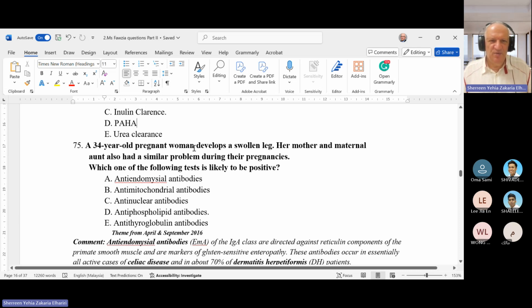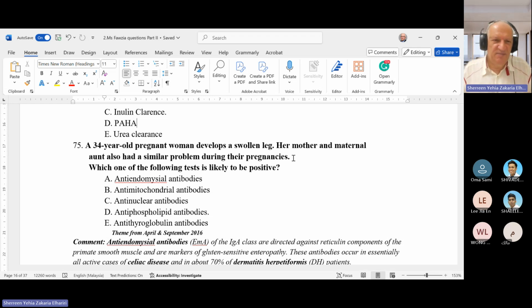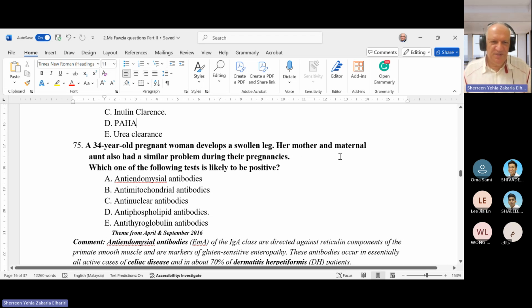34 years old pregnant woman, so she is young. Swelling leg can be deep venous thrombosis. Her mother and maternal aunt also had a similar problem during their pregnancy. So the whole family has something related to thrombosis, especially at the time of pregnancy. All the family have deep venous thrombosis, so something runs in the family. So, of course, in this question, it is important to know what everything is, like